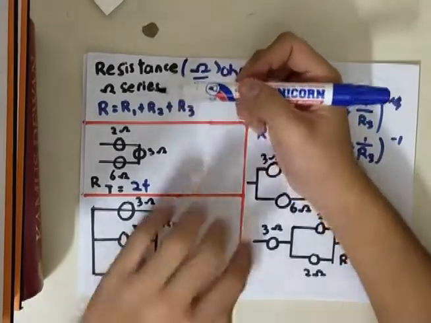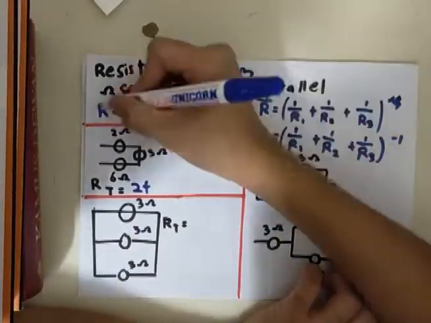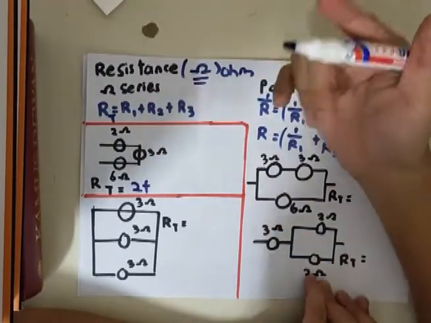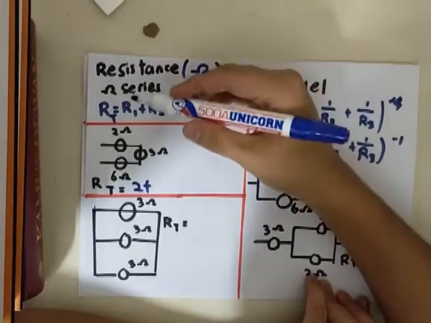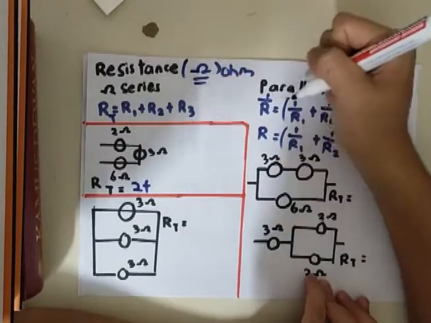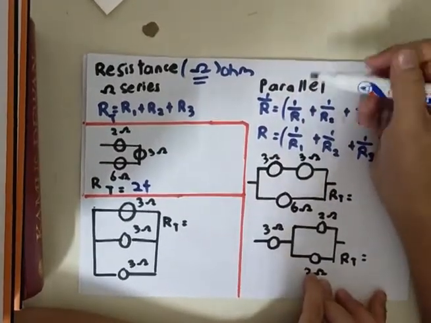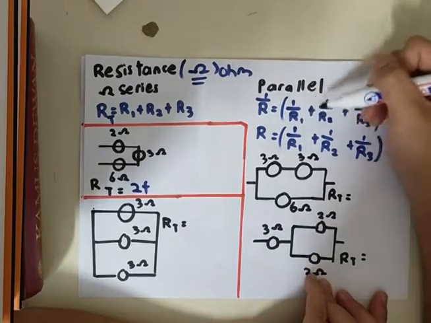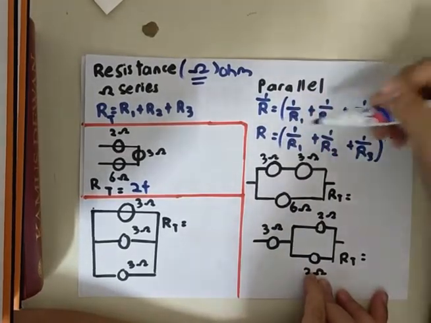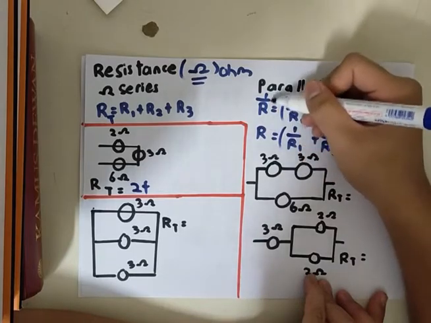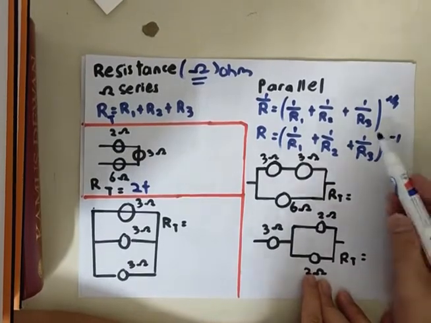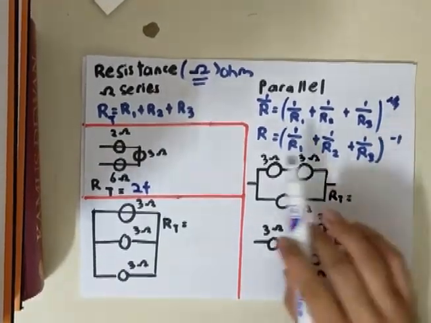For series, the total resistance would be the total of all the load resistors present, which is R1 plus R2 plus R3 if there are 3 resistors. While for parallel, you will start with 1 over R equals 1 over R1 plus 1 over R2 plus 1 over R3. If you turn it into a power sign and move it over, then you get (1 over R1 plus 1 over R2 plus 1 over R3) to the power negative 1. So this would be the formula for parallel